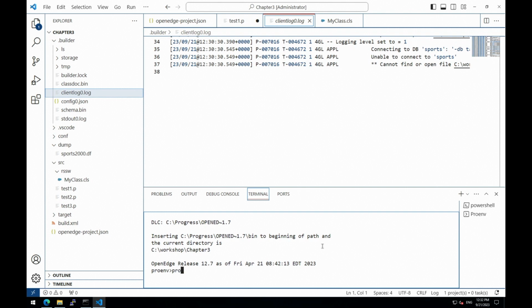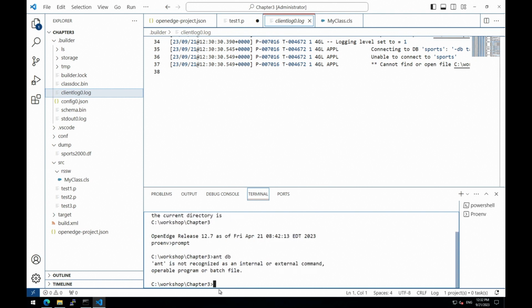So this is proenv, so we will type prompt. It's open directly in the right directory, and here I prepared a build.xml to create a local database. So I will just execute &db. Oh yeah, it's not here, so %dlc, and bin &db.